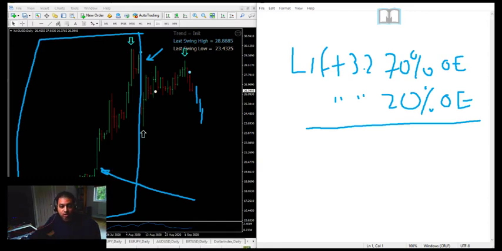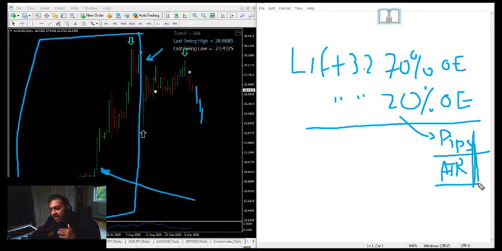This was definitely an oversized move, but moves in general that occur 20% of the time run a certain distance in terms of pips, which are discussed on the Wednesday, and run a certain distance in terms of ATR as well. And what we're looking to do with 20% OE is capture those moves that move X number of pips, X number of ATR. All of the information is of course contained in the trading plan.